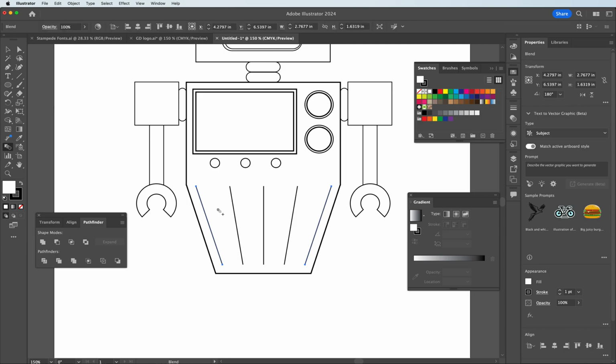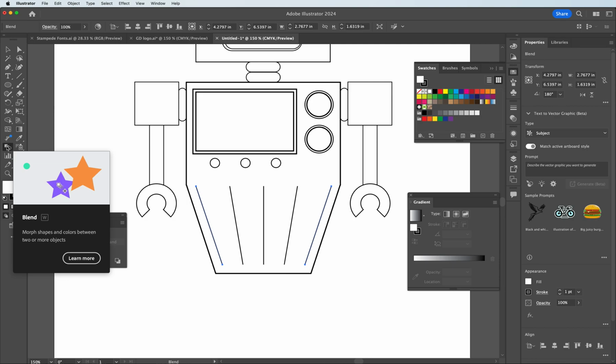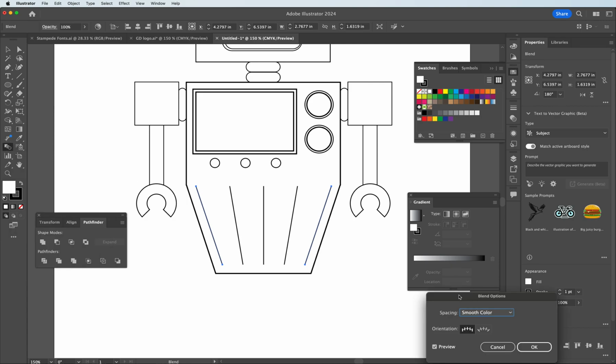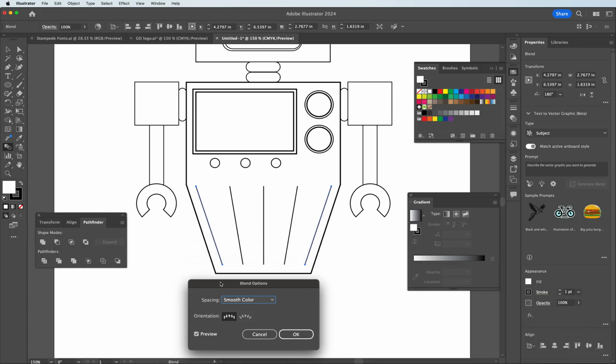When I click on it, we get three different lines in the middle, perfectly aligned to the two on the outside. If I want to adjust this in any way, I'm going to double click on the blend tool on the left side navigation, and it will bring up our blending options. I want to have specified steps. Smooth color